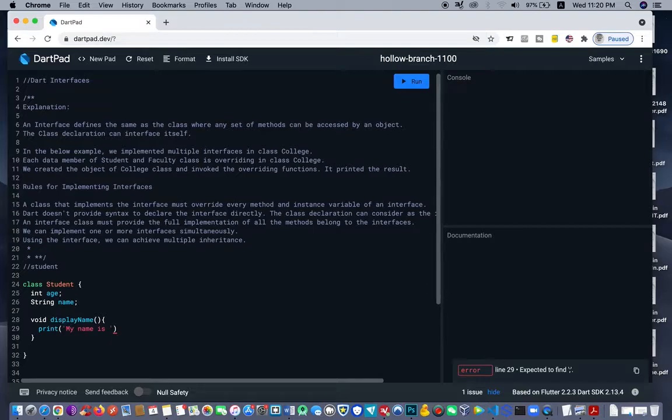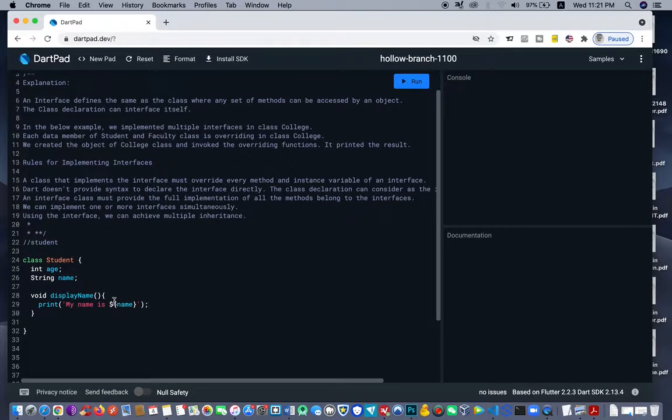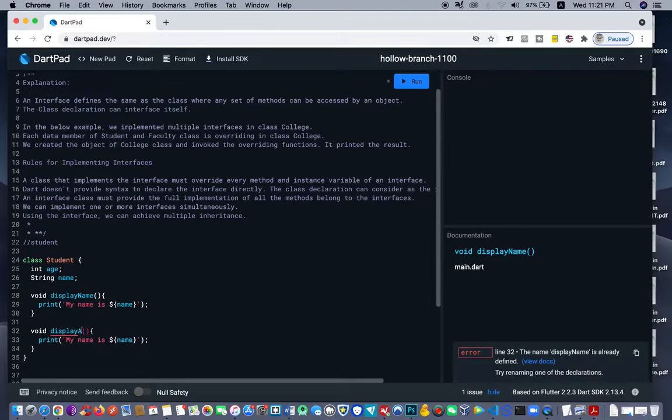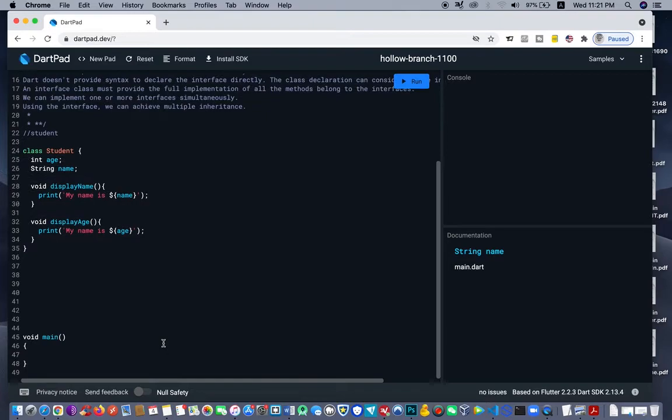Then let us call the variable, dollar sign, then the name, inside curly brackets, then I terminate the statement. Then we'll also have the display age in the same class. So here will be age, and then we call the age here. Perfect. "My age is"